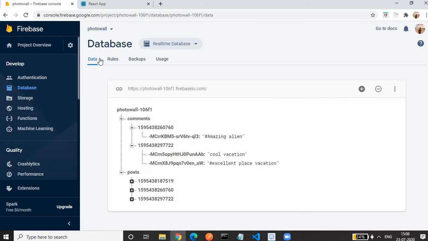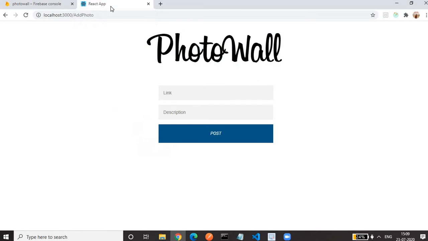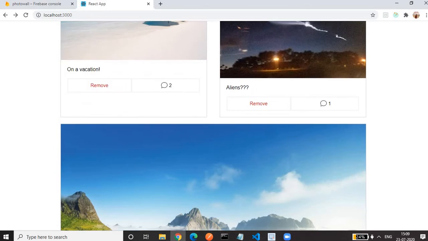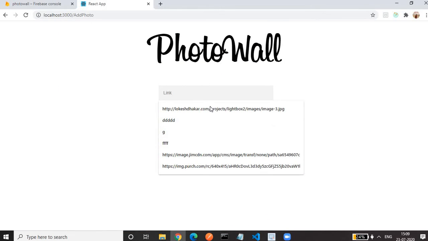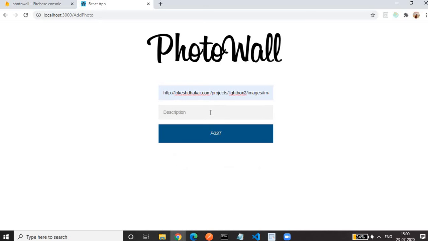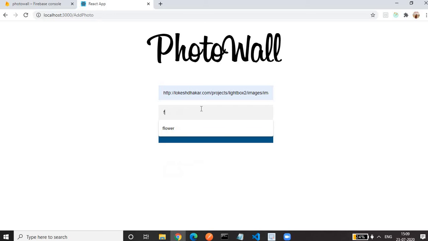So for example, if you see, there are only 3 posts. Okay, so let me add a new post. In the application also you will see only 3 photos are displayed. So let me add another post, and this one I will choose. Then I will choose, let it be flower. Okay, click on this.